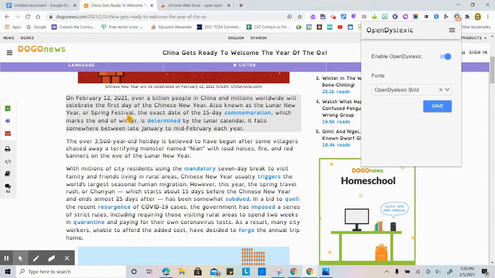So those are two different fonts, or one is Lexend, a series of fonts that you can use with students with dyslexia. I hope this helps, and I hope that you find an opportunity to use these in your classroom